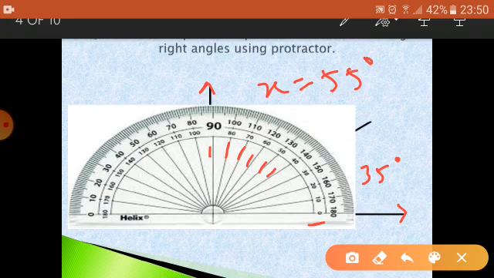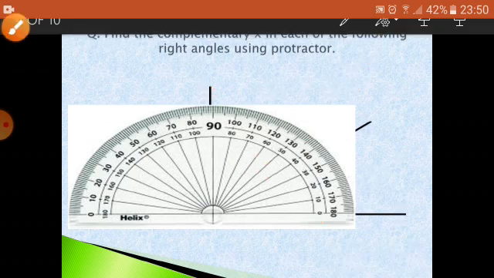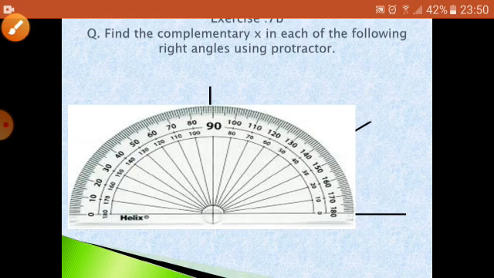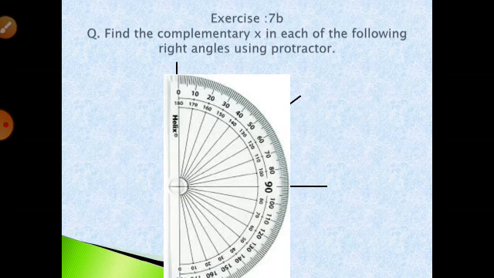So you can calculate in this way, and there is another way to calculate it by placing the protractor in another direction. Let's see how. Move towards the next slide. See how the protractor is placed. The same protractor is there. I just turned the protractor, okay, and now your 90 degree is here.